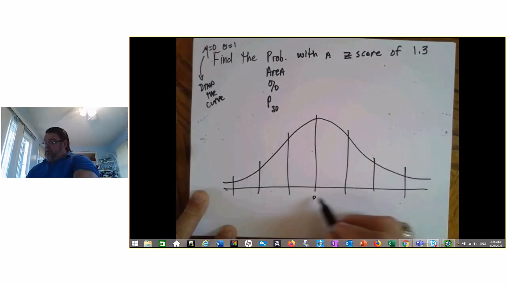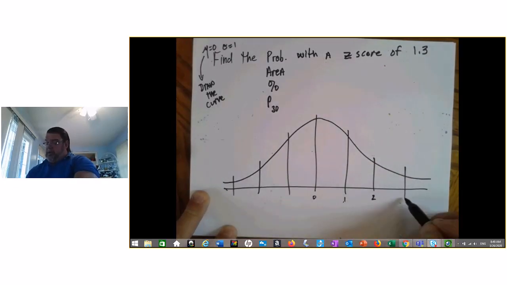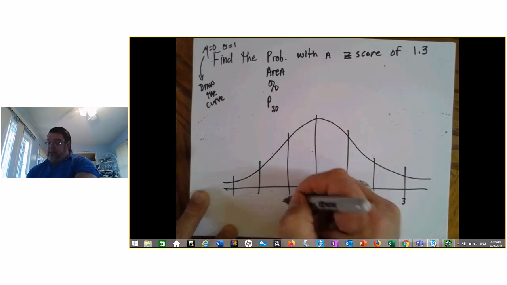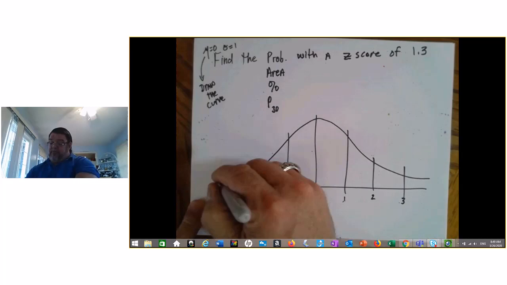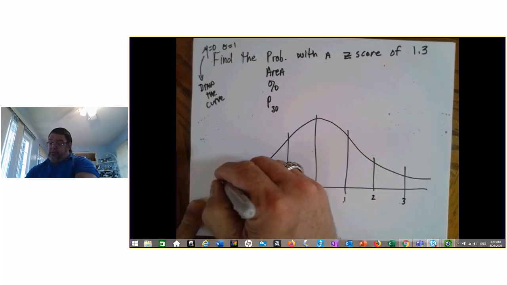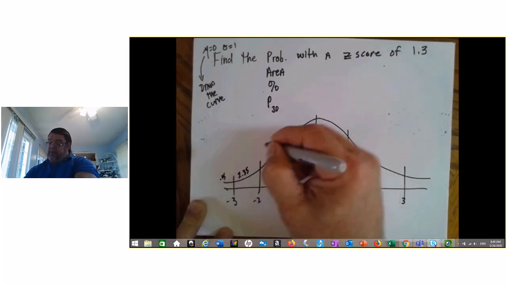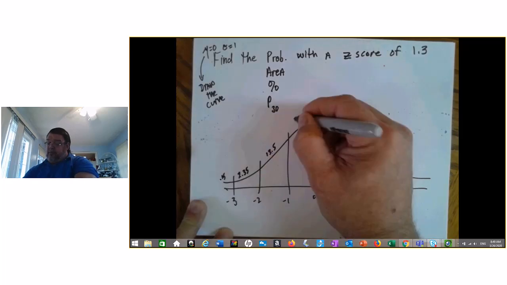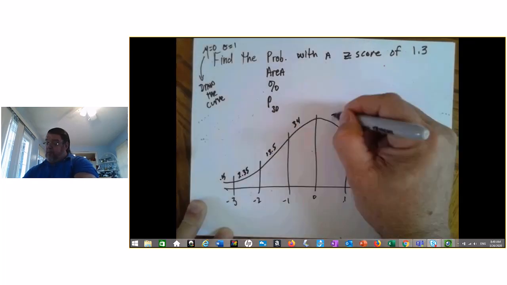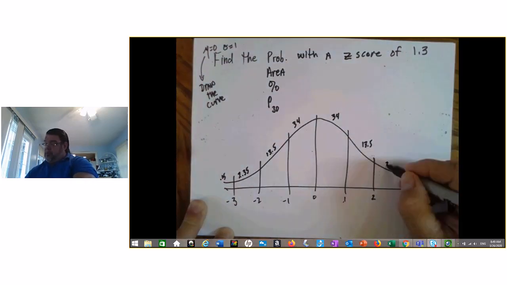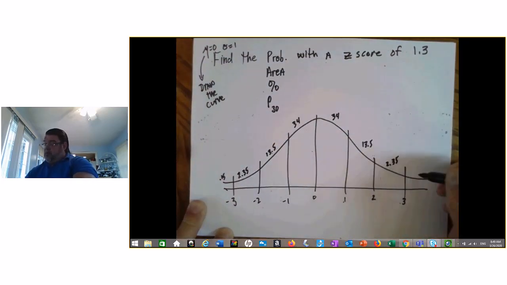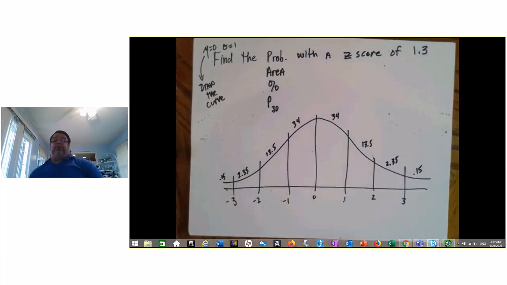Zero, 1, 2, 3, -1, -2, -3. And it's going to be 0.15, 2.35, 13.5, 34, 34, 13.5, 2.35, and 0.15. Now we're going to plot 1.3 because this is a z-score, and we're going to plot that z-score